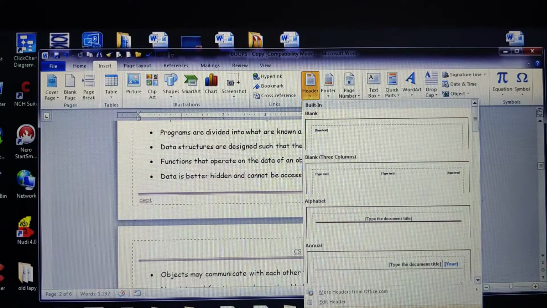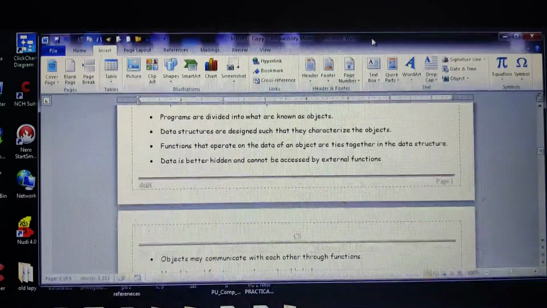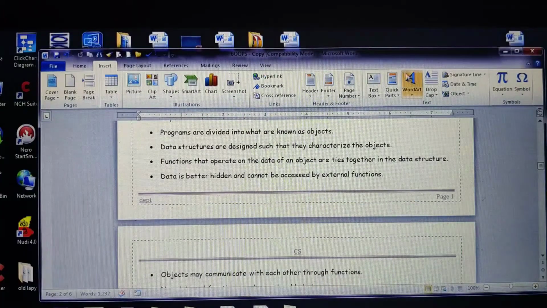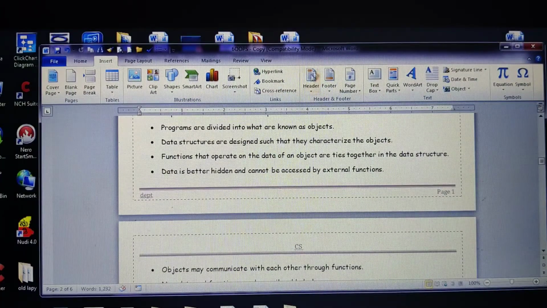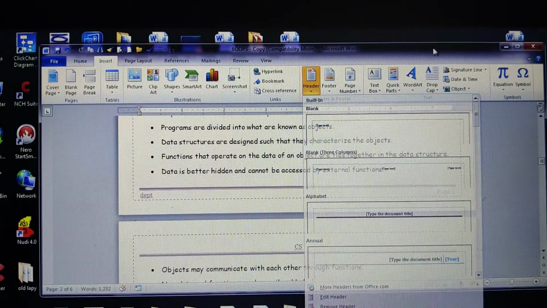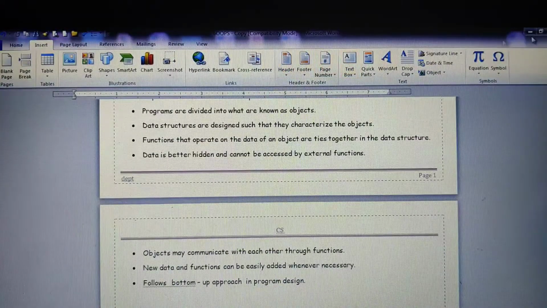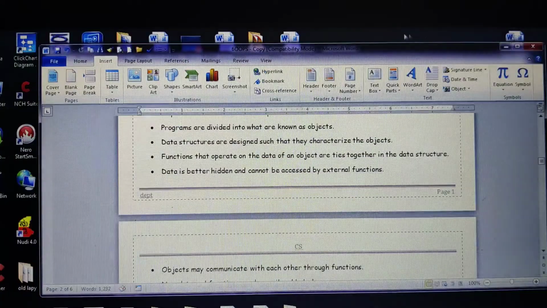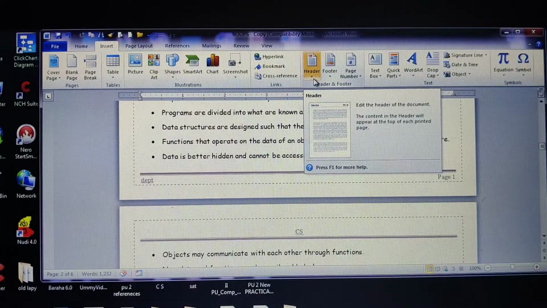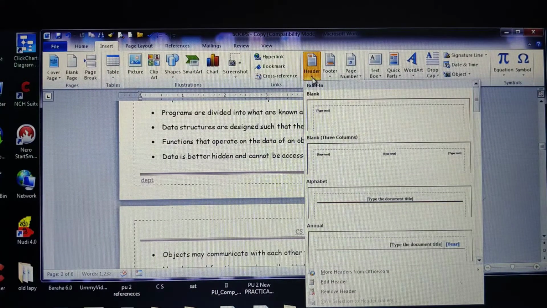Okay, let me show it clearly once again. So here we have a remove header option.